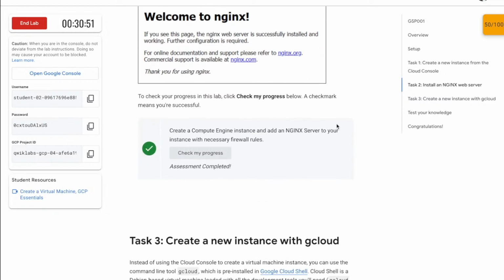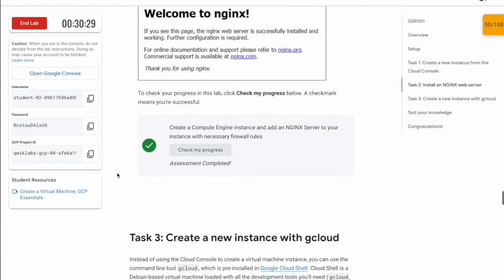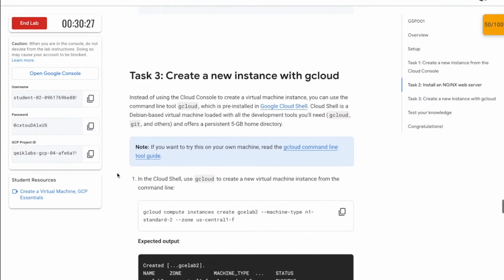As you can see, I have completed my task 1. It will take some time for it to recognize the progress in the Google console. So give it a minute before getting any sorts of wrong thoughts. For the next task,